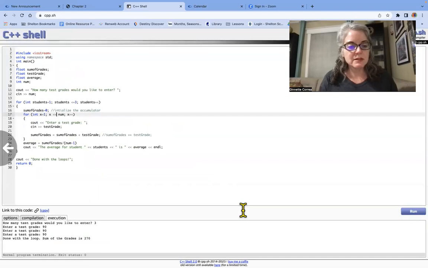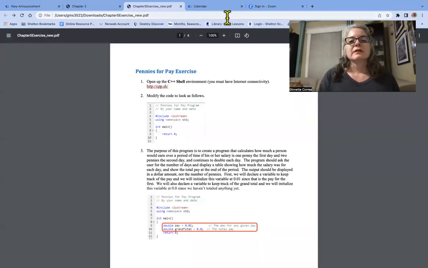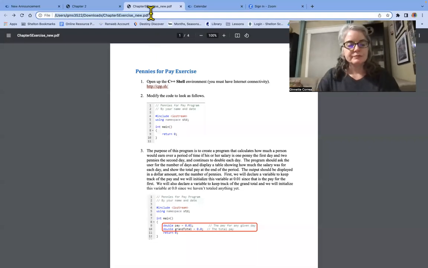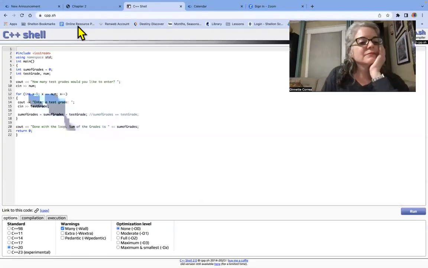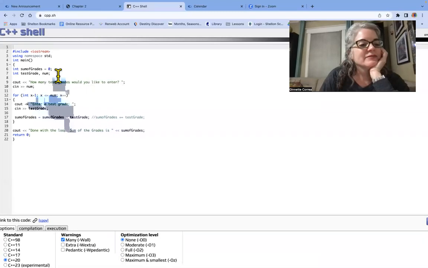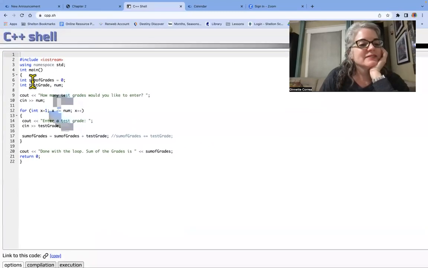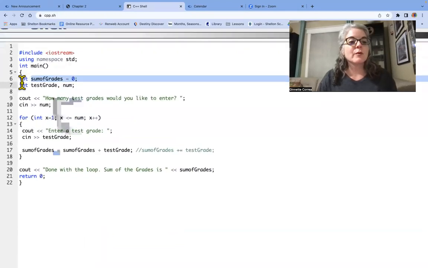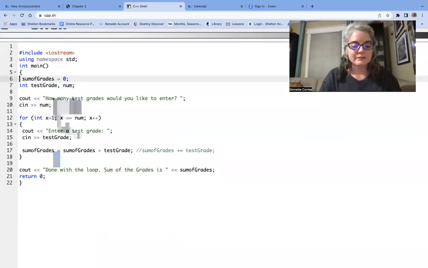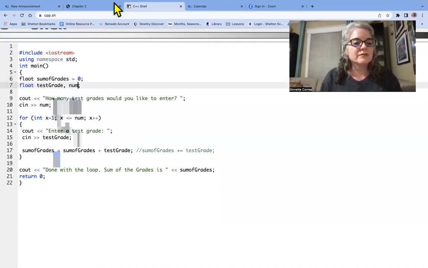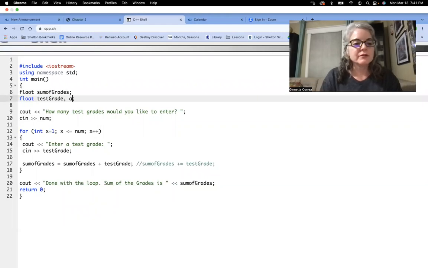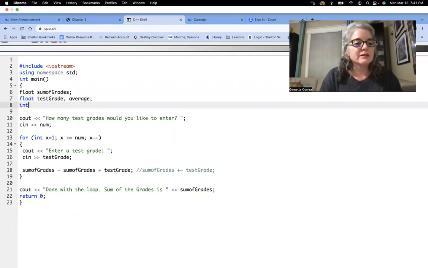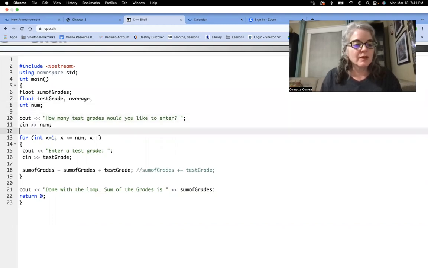Okay, let's test that and see what I did earlier. Let's see how that works. Oh, it erased everything. Darn it. Okay, that's okay. We can just quickly type it all in, now that we've thought it through. Float. And also average is a float. And we have int num. And we have